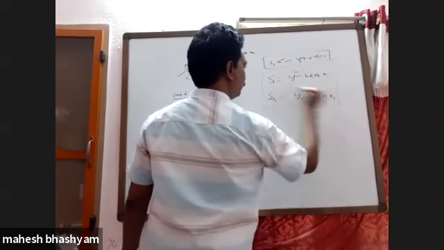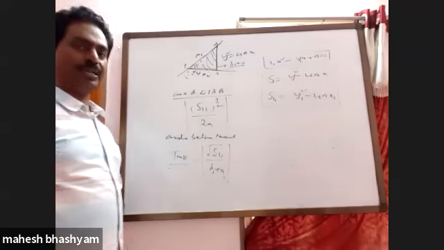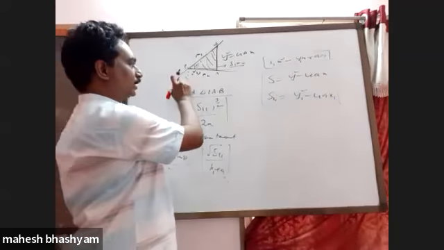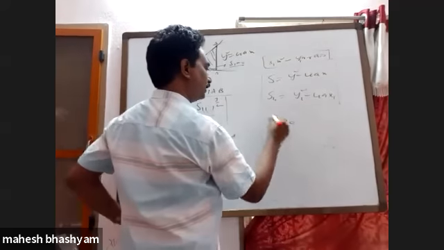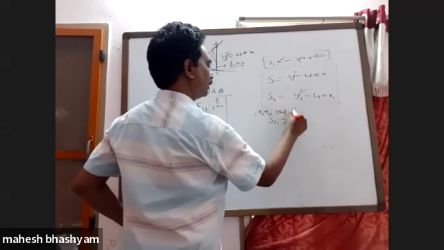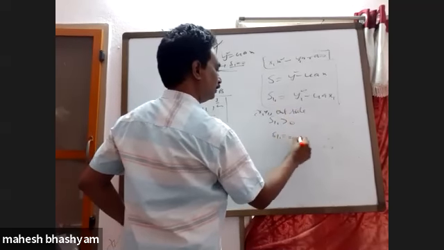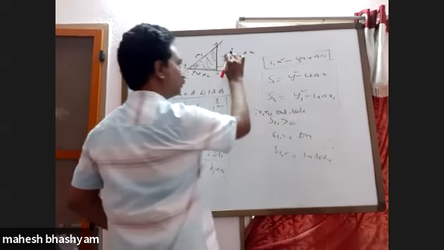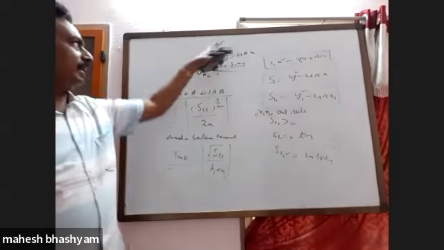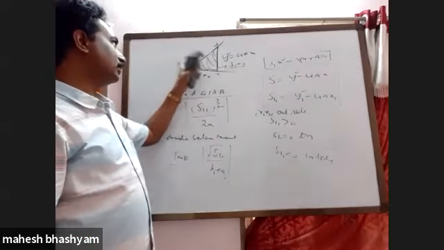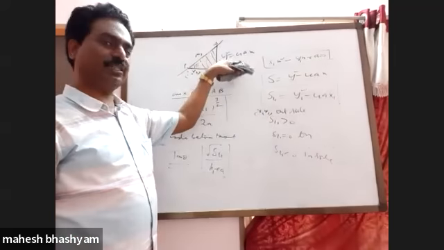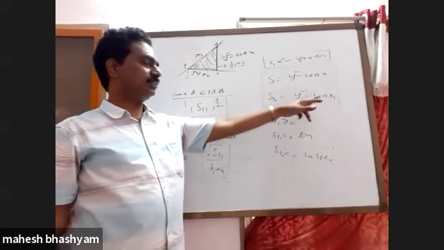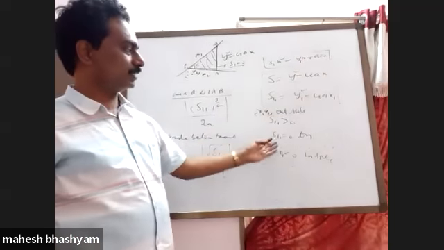Substituting the point. These are the standard notations used for parabola. S11 is equal to y1 square minus 4ax1. When the point is outside the parabola, S11 is greater than 0. S11 equal to 0 means on the parabola. S11 less than 0 means inside the parabola. So the parabola divides the plane into three parts: one outside the parabola, one on the parabola, one inside the parabola. That is decided by substituting the point in the parabola. In case of standard y square minus 4ax, S11 greater than 0, equal to 0, less than 0.